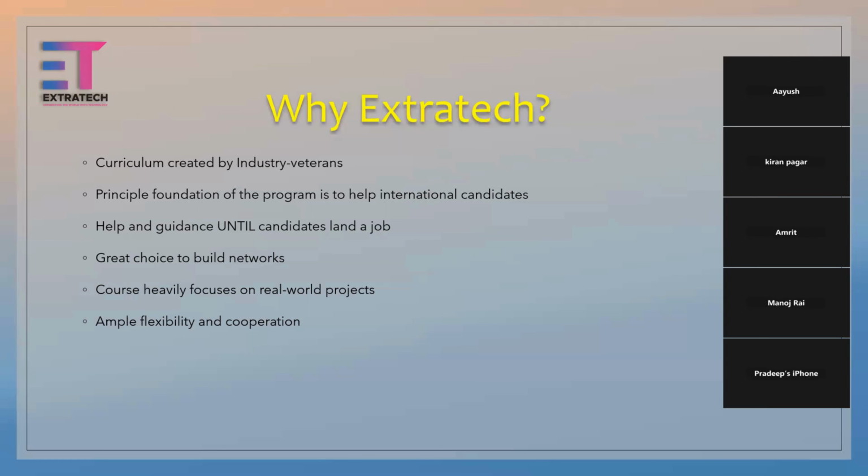And obviously, number three, help and guidance until the candidate lands a job. So, unlike some other learning platforms, our program goes beyond just providing the education. It offers ongoing support. It offers guidance throughout the job search process. And after you learn all the necessary skills, we will help you with correctly answering the technical questions that Australian HR people are going to ask you. We are going to guide you on what to say, how to update your resume with AI optimization, how to brand your LinkedIn profile to make you the best candidate among the pool of other candidates.